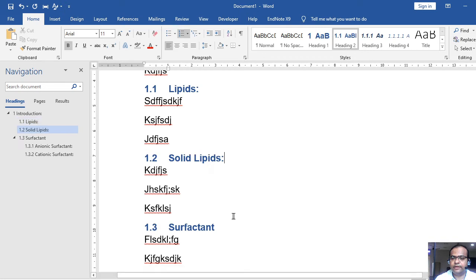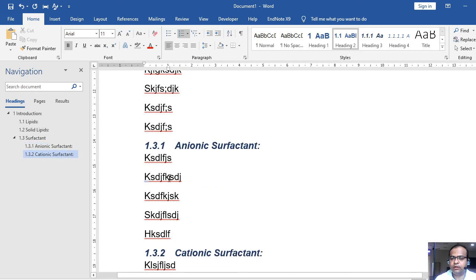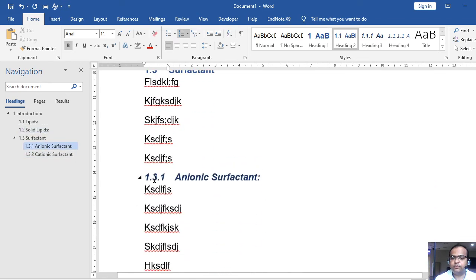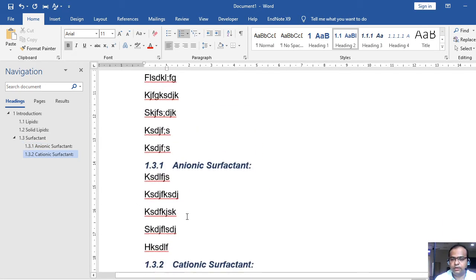I will just select the heading. Now this is 1.2, this is my solid lipid, surfactant gets automatically updated to 1.3, and all the rest of the subheadings of the surfactant get updated to 1.3.1, 1.3.2, right? So this is how you can manage easily.